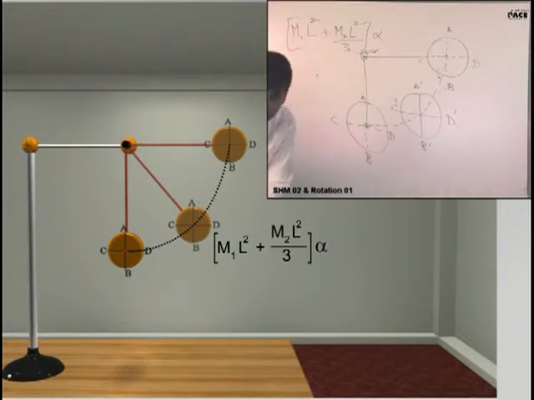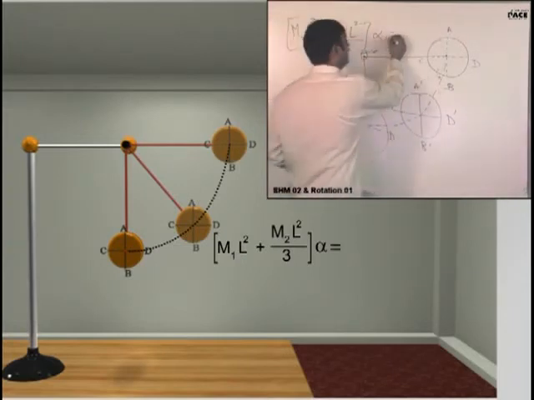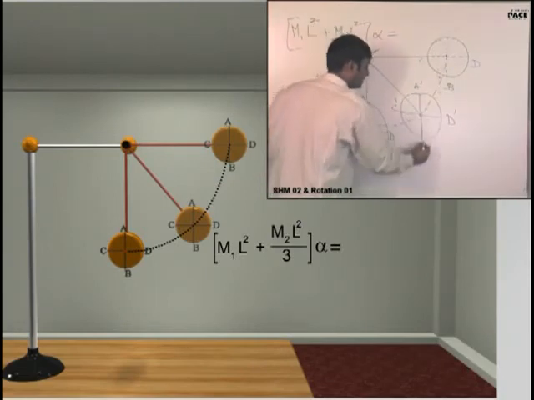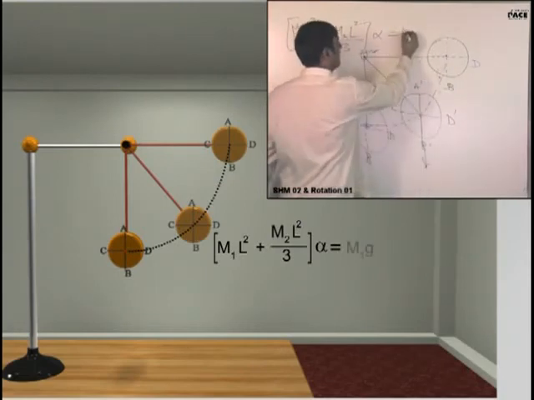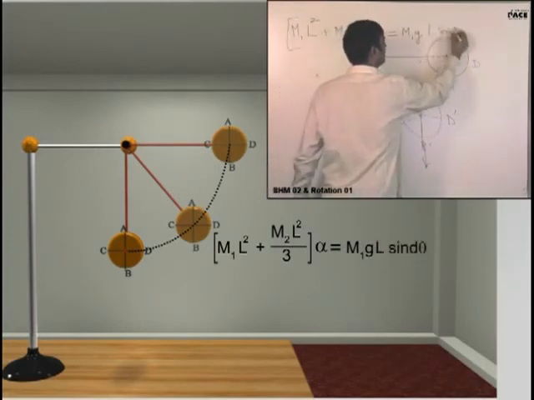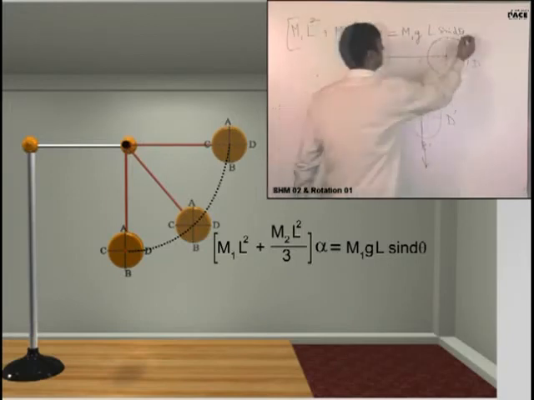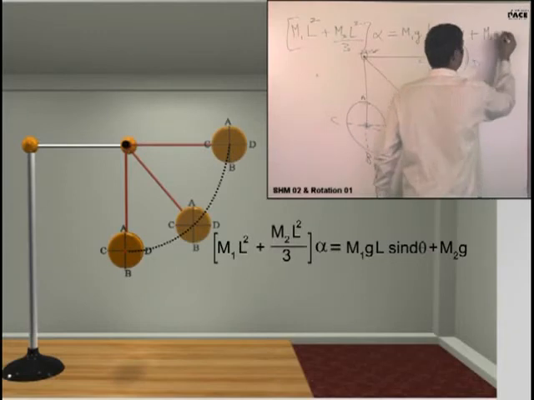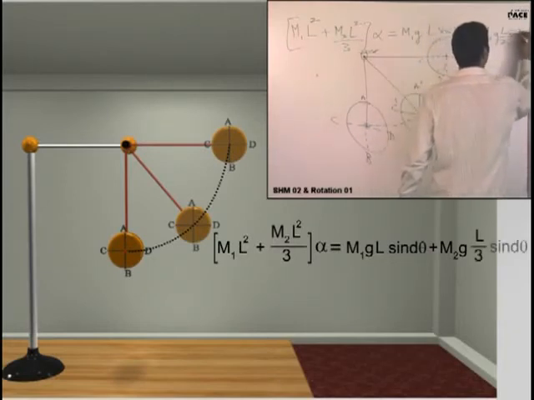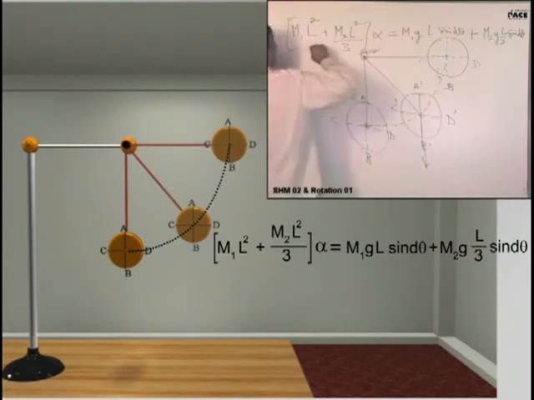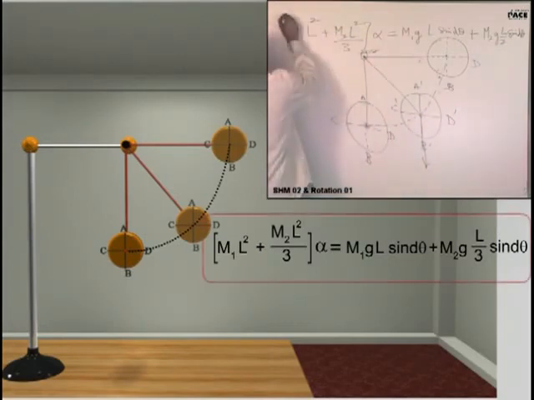This is the first case when it is hinged. So note it down, please. Net torque is equal to I alpha. I am writing the other side also. Net torque was, I am reminding you again, m1g into L sin theta clockwise plus m2g into L by 2 sin theta. This was the net torque clockwise. And net torque is equal to I alpha. This is the case of hinge.